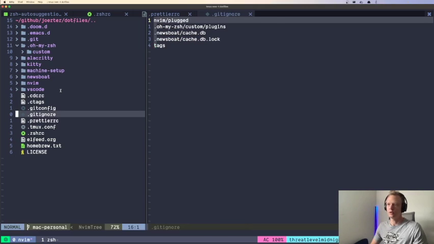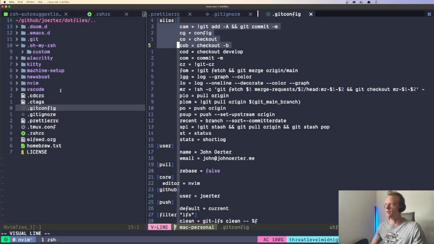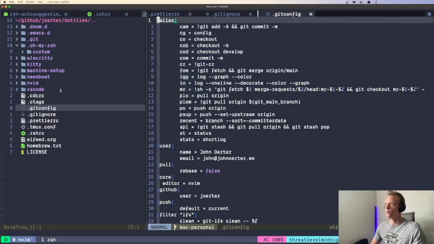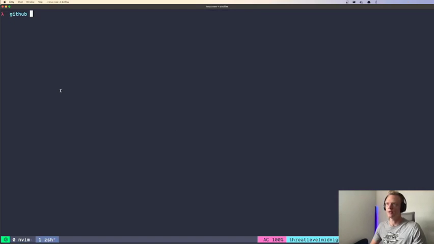Some git ignore. Let's talk about the git config. I have a few aliases for git config that I use quite a lot. A lot of times people ask me what these are when I use them, and it's really my own shortcuts that I like. I like setting them up with a git config alias instead of a shell alias, because with the git config alias, you still get all the autocomplete that you would with a regular git command. So I'll just show you really quickly how this works. Let's go into Dotfiles,